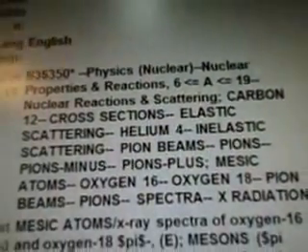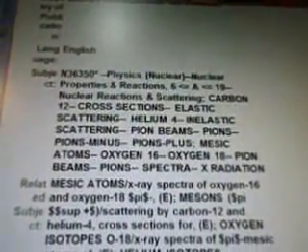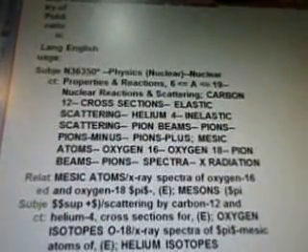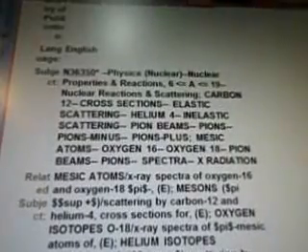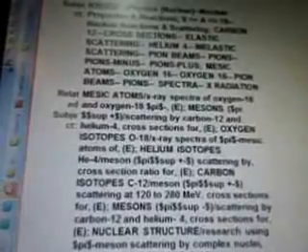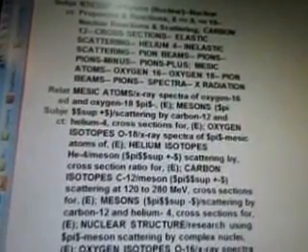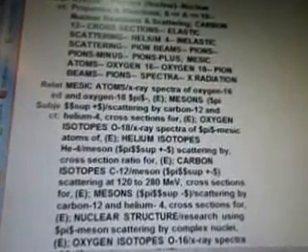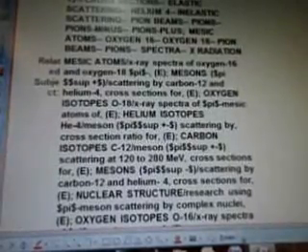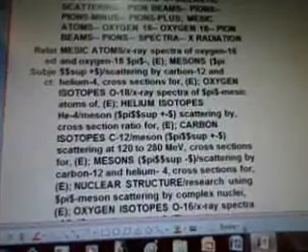It says reaction scattering carbon 12 cross sections, elastic scattering, helium 4, inelastic scattering, pion beams, pions minus, pions plus, mesic atoms, oxygen 16, oxygen 18, pion beams, pion spectra, X radiation. Mesic atoms, X-ray spectra of oxygen 16 and oxygen 18, pi mesons, pi scattering by carbon 12 and helium 4, cross sections for oxygen isotopes, O 18, X-ray spectra of pi mesic atoms, helium isotopes, He4 meson,